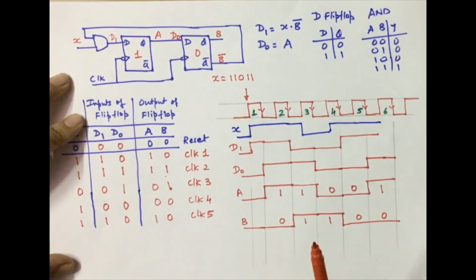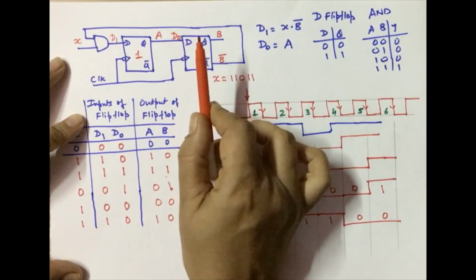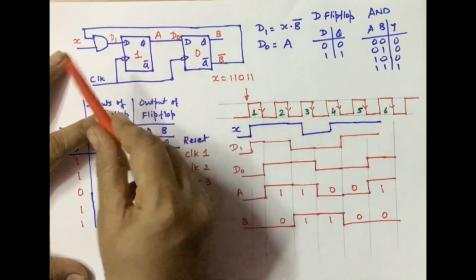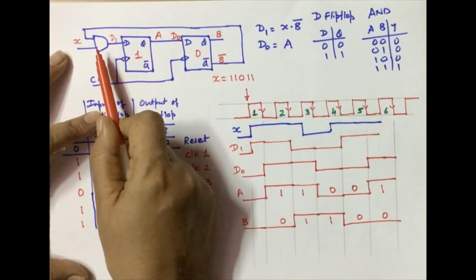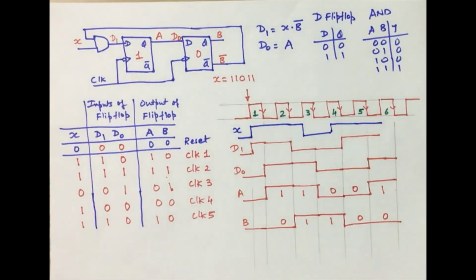So this way, in the case of this flip-flop, the output state changes whenever a clock pulse is applied. Otherwise, it will remain in memory. Basic combinational gates can change instantaneously whenever their inputs are changing. So accordingly, in the form of a timing diagram, we can refer to this waveform to see when which input or output will change. So tabular and graphical representations both give similar information in different forms.